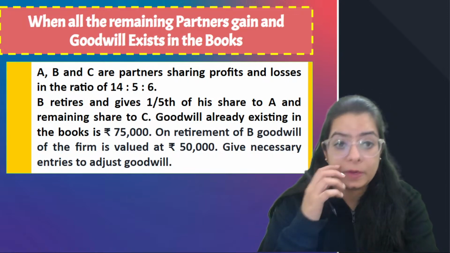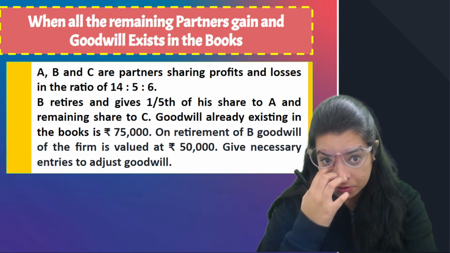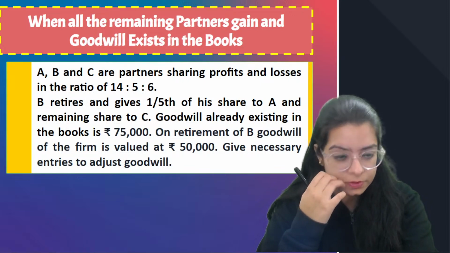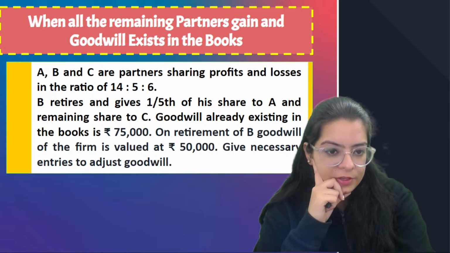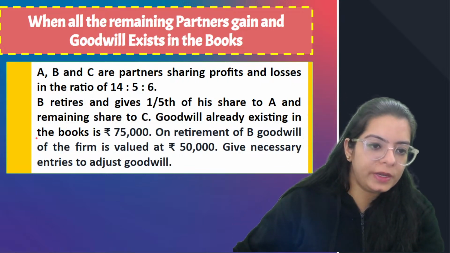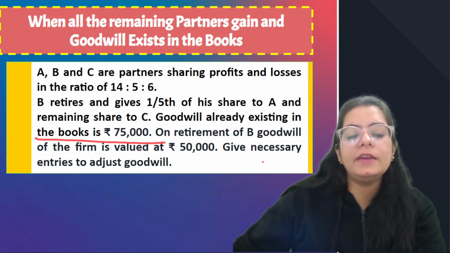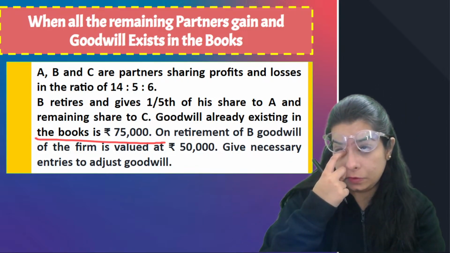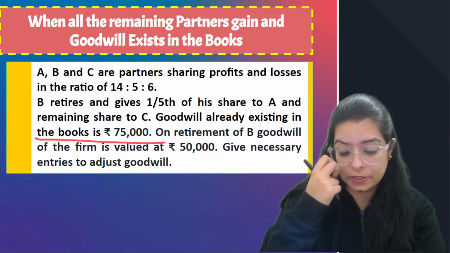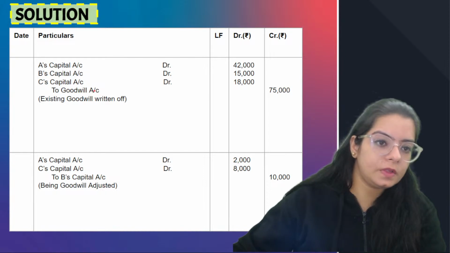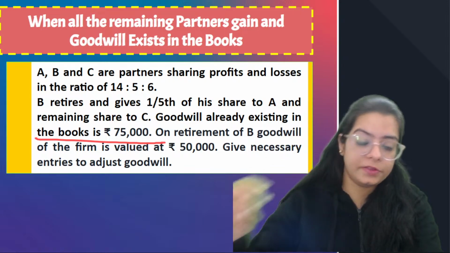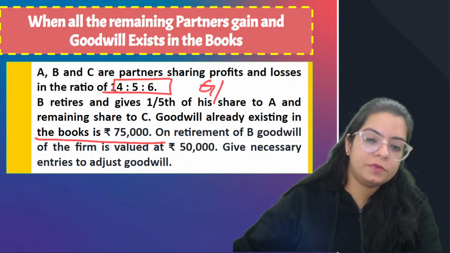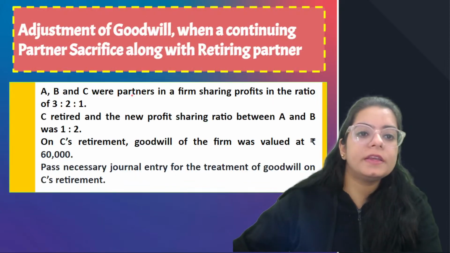Okay, so A, B, C are partners sharing profits and losses in the ratio 14 is to 5 is to 6. B retires and gives 1/5 of his share to A and the remaining share to C. Goodwill already exists at 75,000. Okay, so this is old goodwill. Treatment of old goodwill: write it off. And on the retirement, the goodwill was valued at 50. So we have to pass the writing off entry and the gaining to sacrificing entry. So this is the writing off entry. Then for the goodwill, we are going to pass, from the gaining ratio, gaining to sacrificing. Other case which is very important: